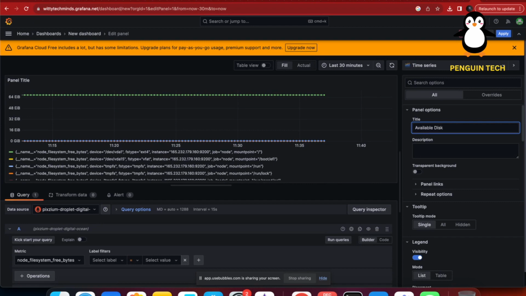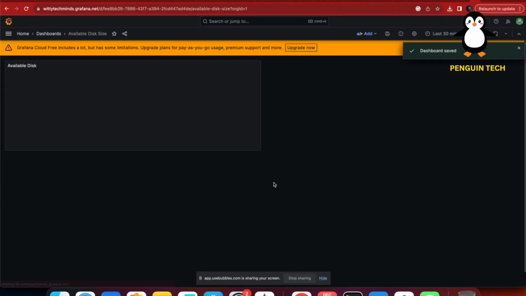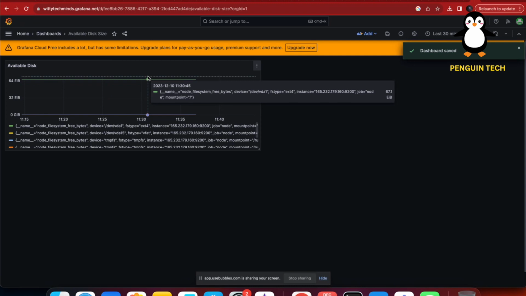Sometimes when the installations are critical, and when the disk space is filling fast, in that case you have to do some kind of incident management. So I can save this result, available disk size,